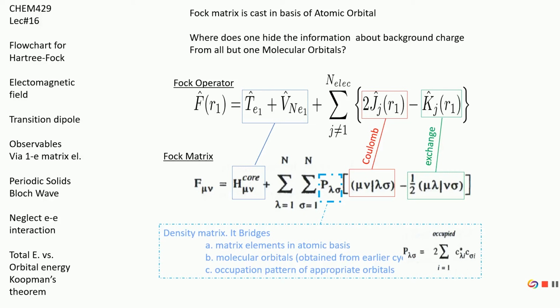In the Hartree-Fock computational chemistry community, this notation P with indexes is some products of expansion coefficients. It is practically used for setting up the